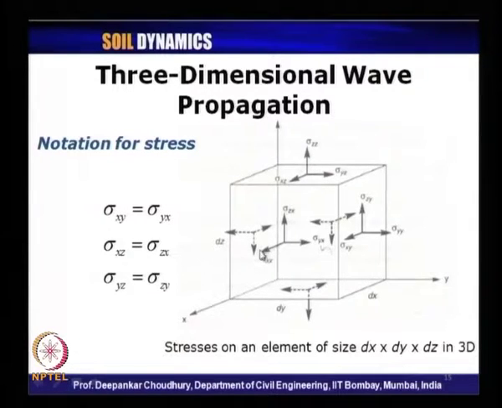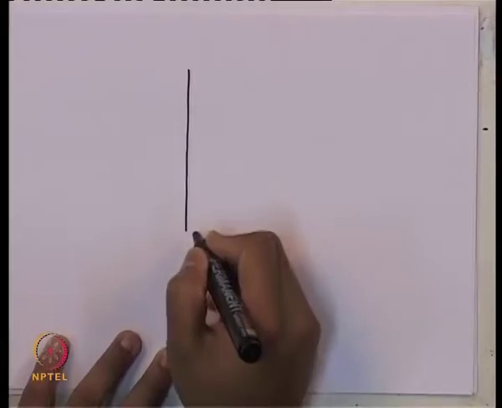And what are the stresses acting on one side of this x? Let us say sigma x x here, and these are the shear stresses. On the y at one face sigma y y, and these are shear stresses, and this is the normal stress, and here on the z sigma z z normal stress and these shear stresses. Let me draw it in a better way for you, so that it will be more clear.